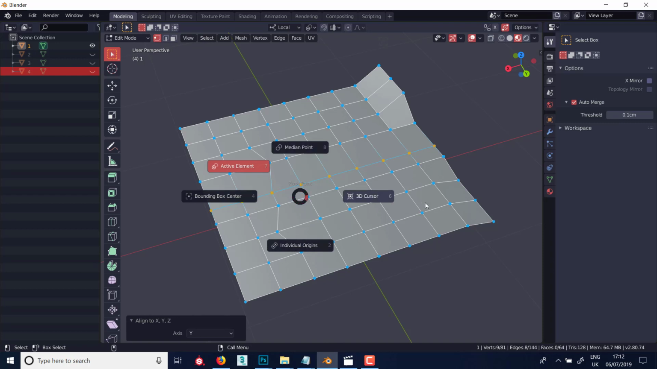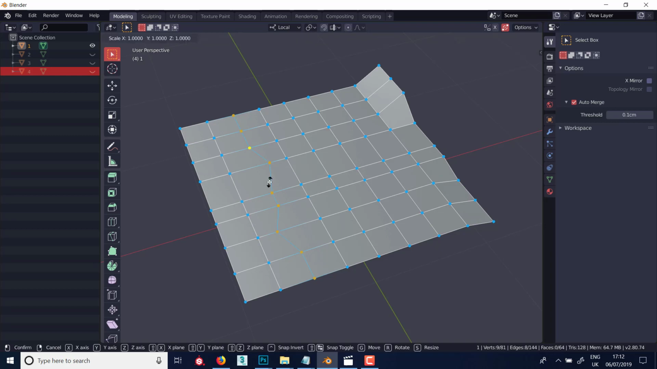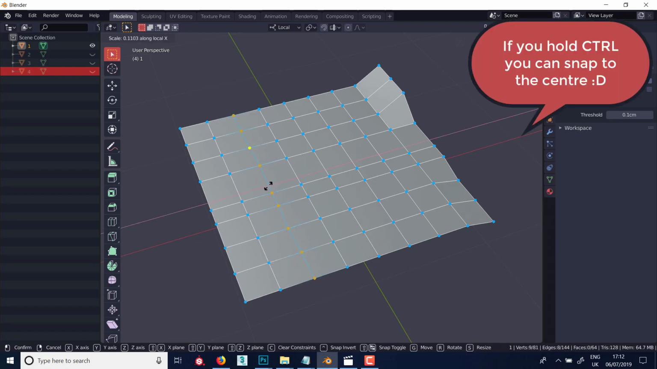Individual origins, very useful. So next I'll select this loop here, and I'm going to show doing the hotkey method. So this can be quick when you get used to it. And that's our active element there. And I could also switch this back to median point if I wanted to average them out in the center. So I just press S to scale, and you see it starts to scale, and I want to scale them in X, so I press X. And now if I start to scale, you can see I can bring it into the center